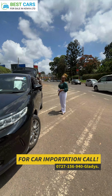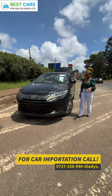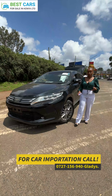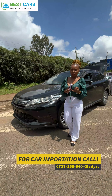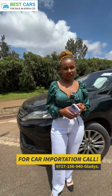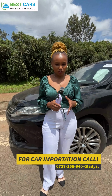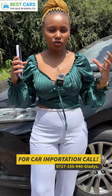So if you want to import any of these cars from Japan, kindly reach out to us. One thing that we can guarantee you is that we are going to give you the QISJ certificate, the export certificate, and we are also going to give you the bill of lading and all the documents that are required, so that you are feeling good and